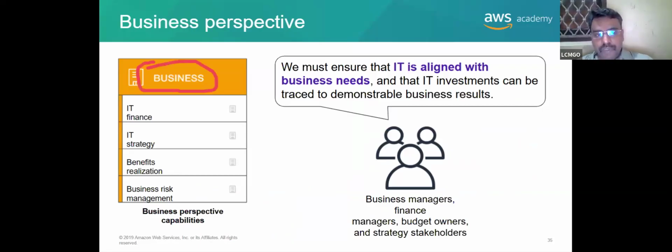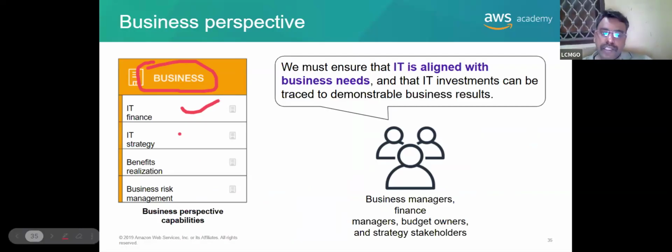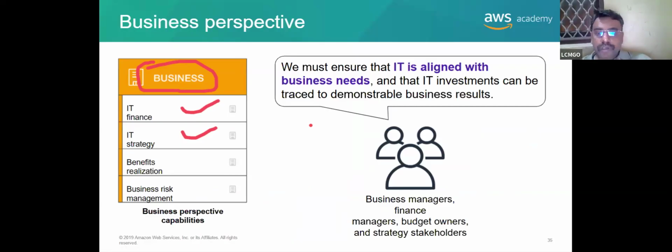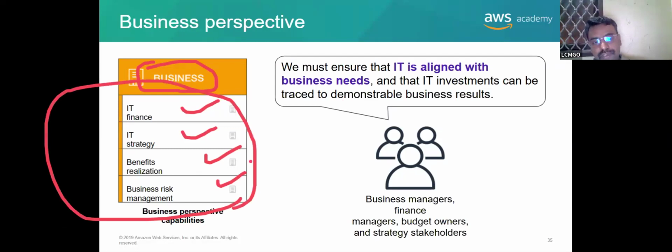First one, business. Who will be mainly involved in the business meetings? Stakeholders. Who are the stakeholders? The finance team. They will talk about the budget, say there is no finance, we want to implement something new. Correct. Next, IT strategy, that is we will change these strategies. If this strategy is not working, that will work. Next, benefit realization. If we do this business, or if you're taking a new opening or a job or a source or a BPO process or something, what is the benefit realization? And another person will say again, no, no, there is a risk. If we are taking this, what are the risk management aspects? Now these are the main concerns in the business perspective.